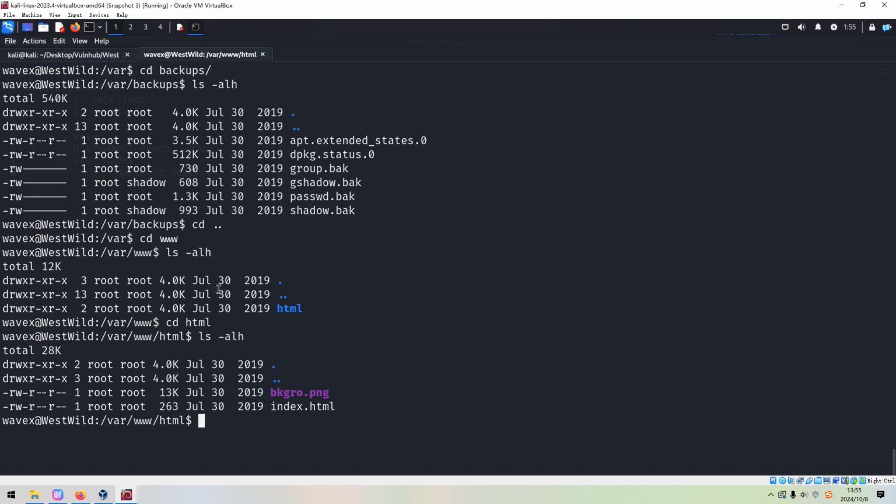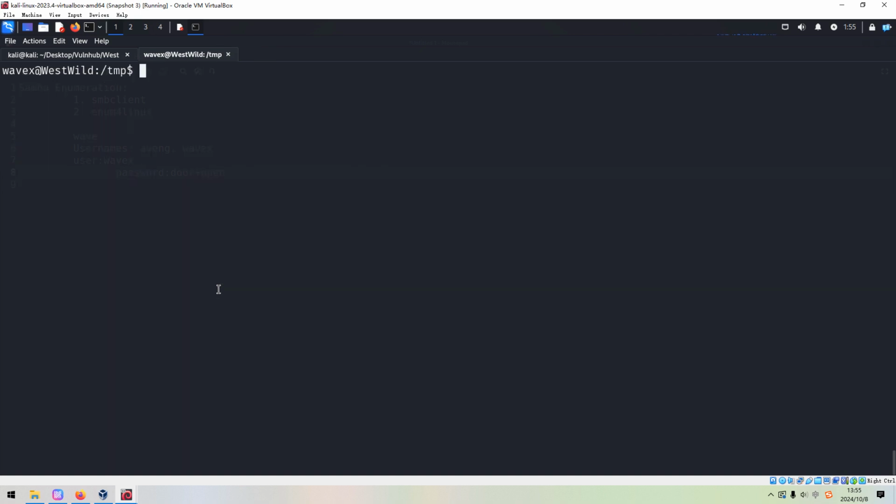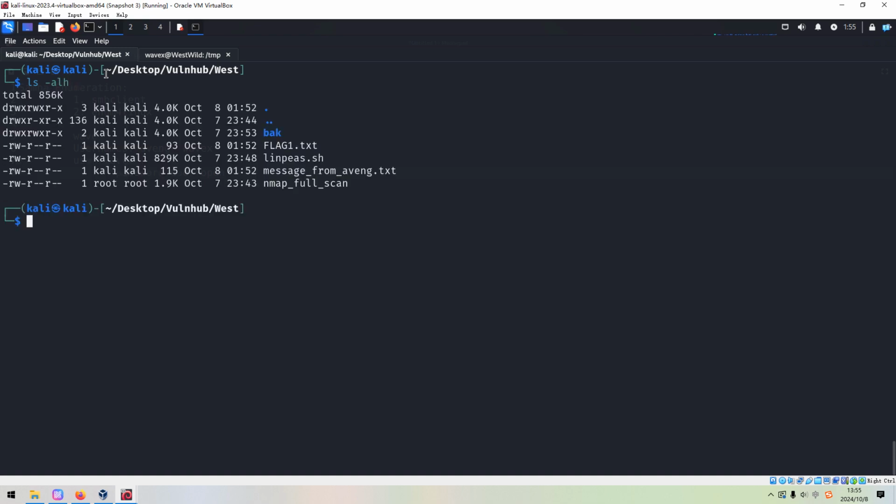So nothing there. Maybe next we can upload the LinPEAS script to do the automatic enumeration. And I've already got this script ready. So in order to upload this file to the target, the easiest way is to set up a web server by Python 3. The module is the HTTP server module.